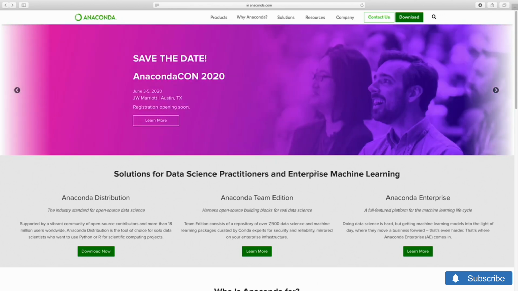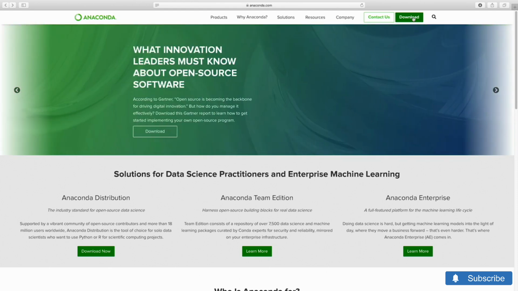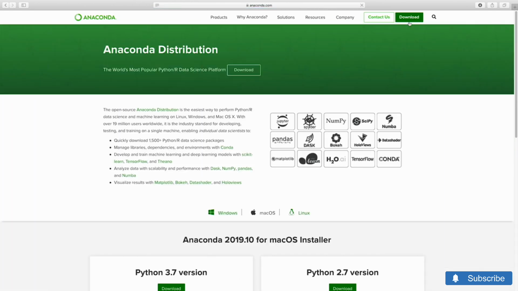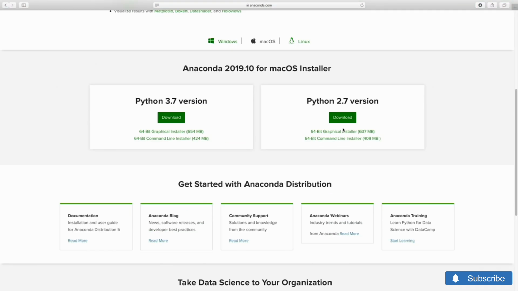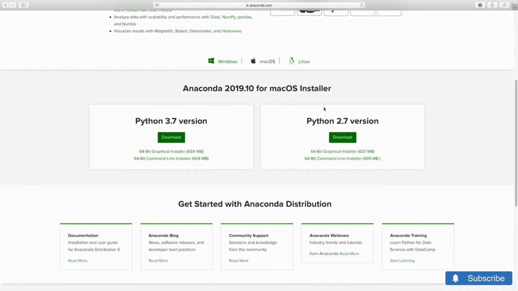To install, we go to anaconda.com, we find the download link at the top, scroll down to our platform, and select the Anaconda graphical installer, which is currently at version 3.7. Any later version will also work fine. As of January 2020, Python 2 is no longer supported, so you should definitely be using version 3, which is mature, efficient, and introduces many exciting new features compared to version 2.